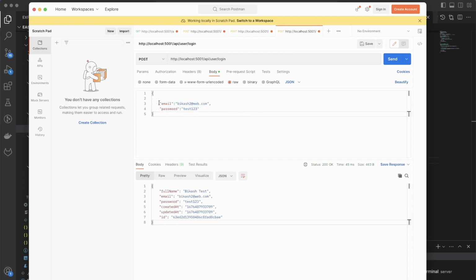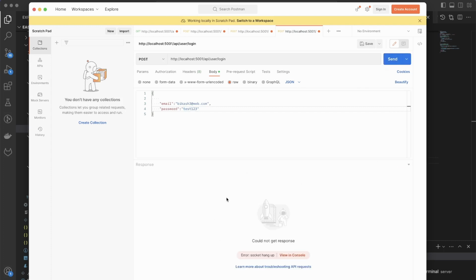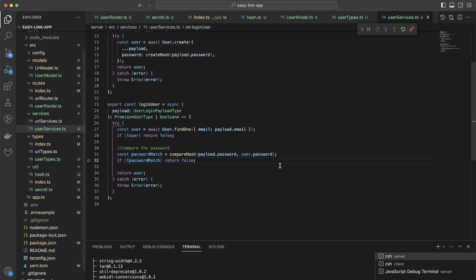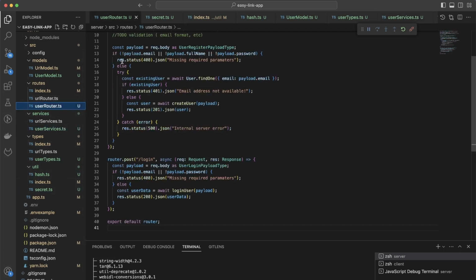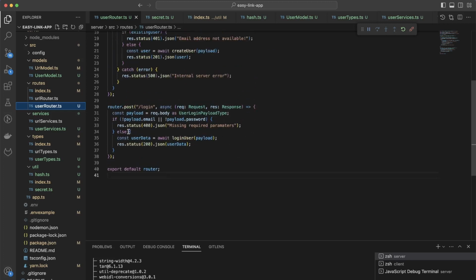Let's go here, let's put something here, and then here, if I don't give 3 here, I should get something. Okay, so we have some issue here, and let's go and check out what is happening. So if we go to our login route, okay, so sign up seems pretty much okay, but in the login,